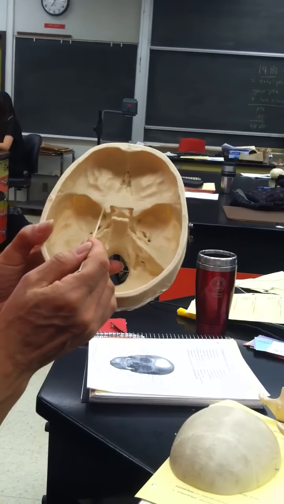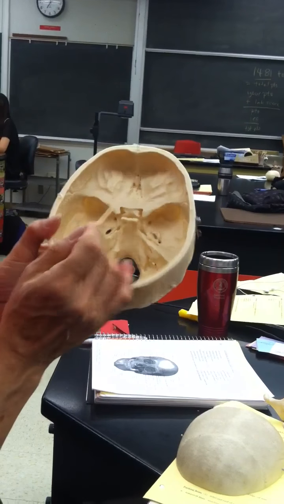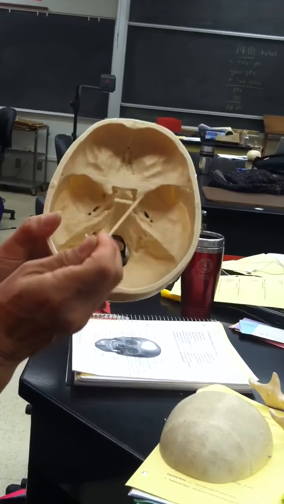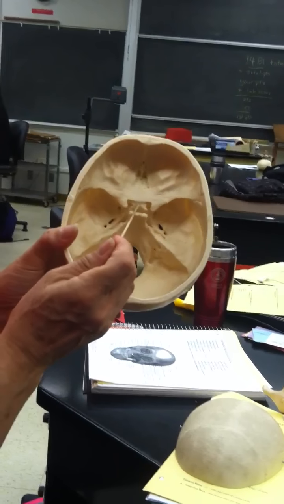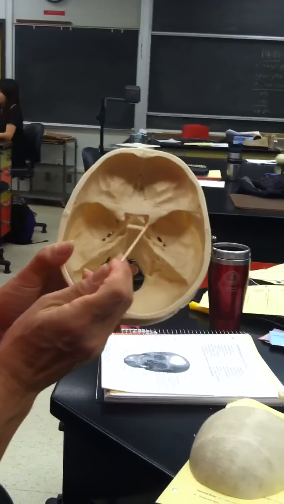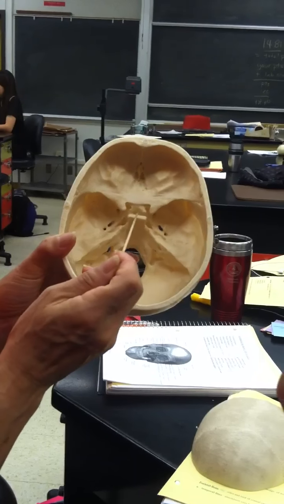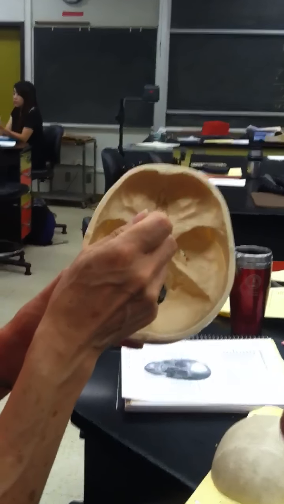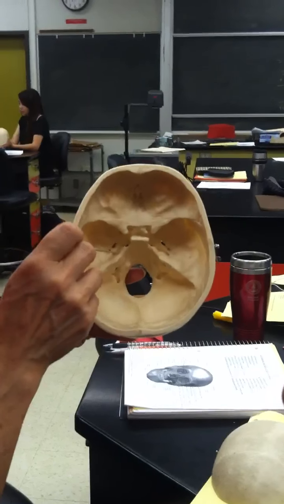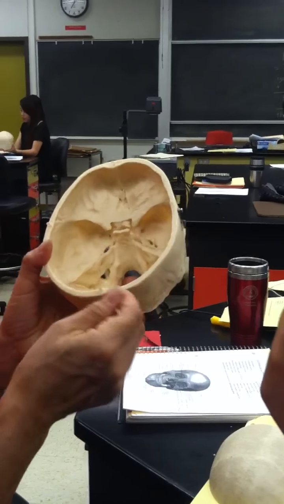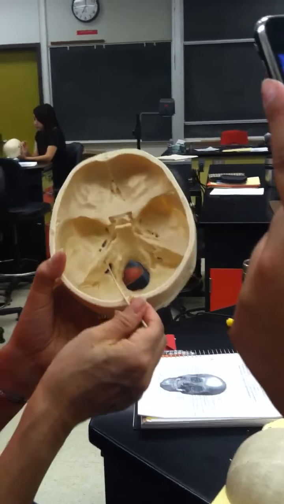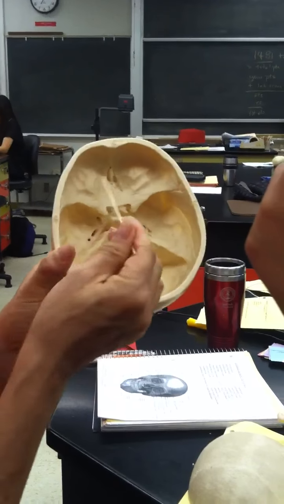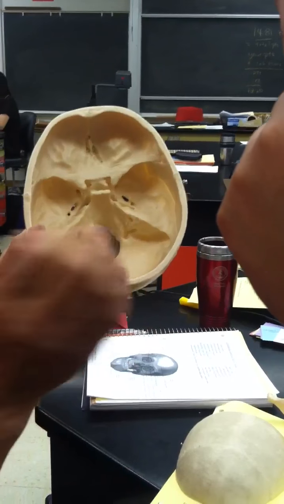These are our lesser wings, greater wings, foramen rotundum, sella turcica, optic chiasm, anterior clinoid process, posterior clinoid process, dorsum sellae, hypophyseal fossa where the pituitary gland sits, carotid groove, petrous portion, internal acoustic meatus, anterior, middle, and posterior cranial fossa,